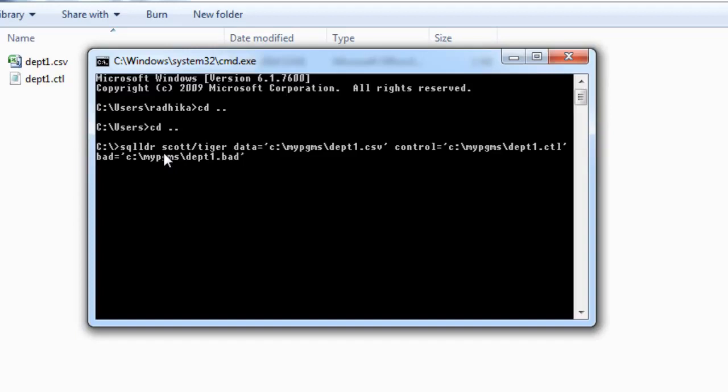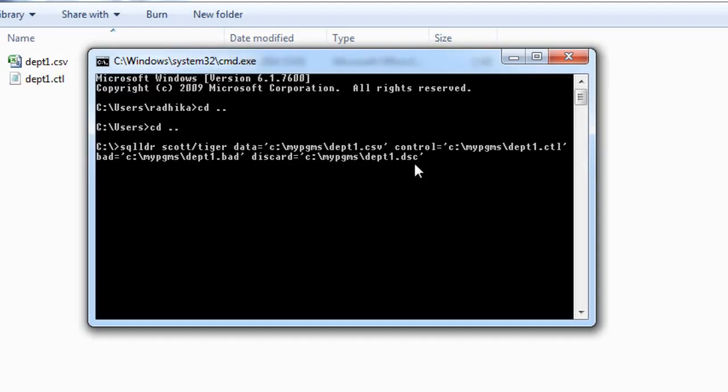Then after that give the discard path also, slash department1.dsc. So discard is going to have an extension .dsc.